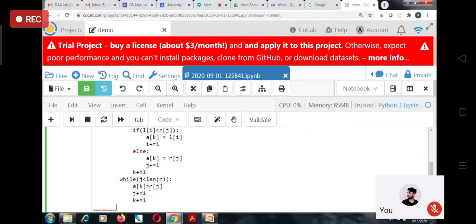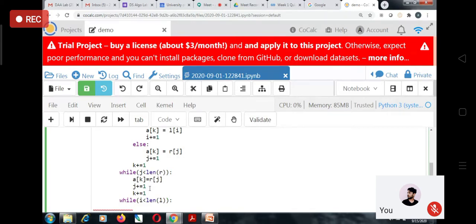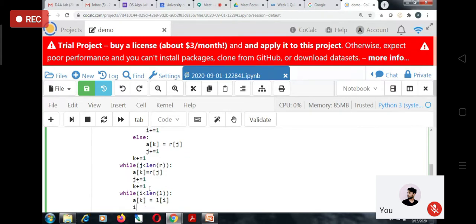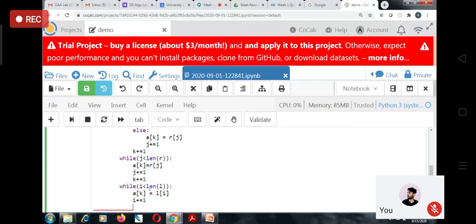Similarly, when the right sublist has been traversed entirely but the left sublist has some elements left, we put those elements directly into the new list. While i is less than the length of L, A of k equals L of i, and i equals i plus 1, k equals k plus 1.